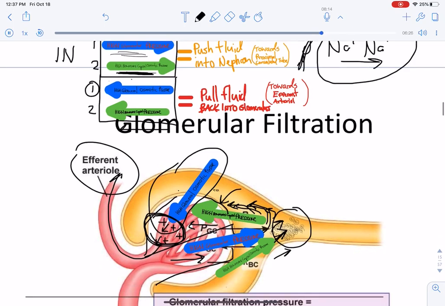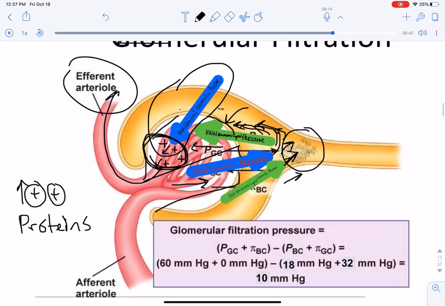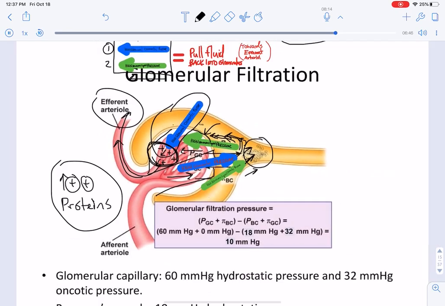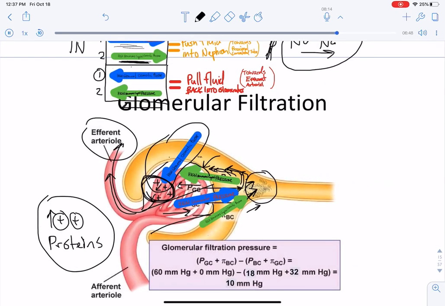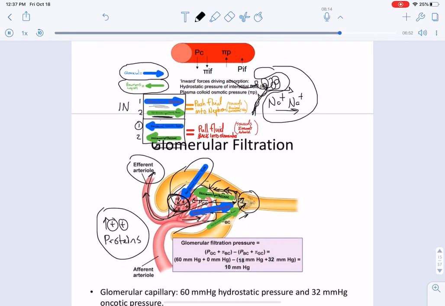The colloid osmotic pressure is due to high-charge proteins inside the blood that are going to suck it in. So those albumins have a high charge. Those can't get through. They're too big. So then they pull it back in, which then pulls it back towards the efferent arterial. Then once it gets to the efferent arterial, that is when the blood goes to the